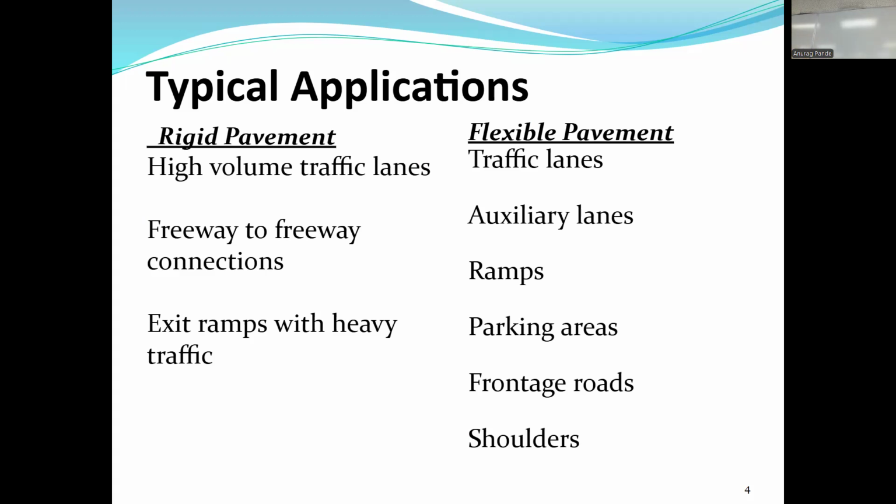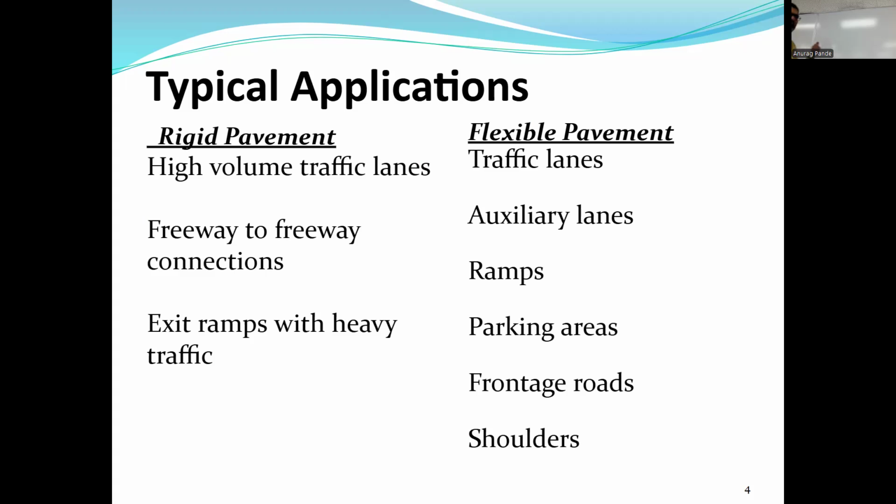On traffic lanes, auxiliary lanes, where the vehicles are supposed to be there for a short amount of time, you can put in the flexible pavement. Parking areas will almost always be flexible pavement because rigid pavement is just overkill. Frontage roads, again, much lower traffic than the main line. Highway shoulder will always be flexible pavements, except if you're running some kind of a bus on shoulder type situation where you're expecting heavy buses